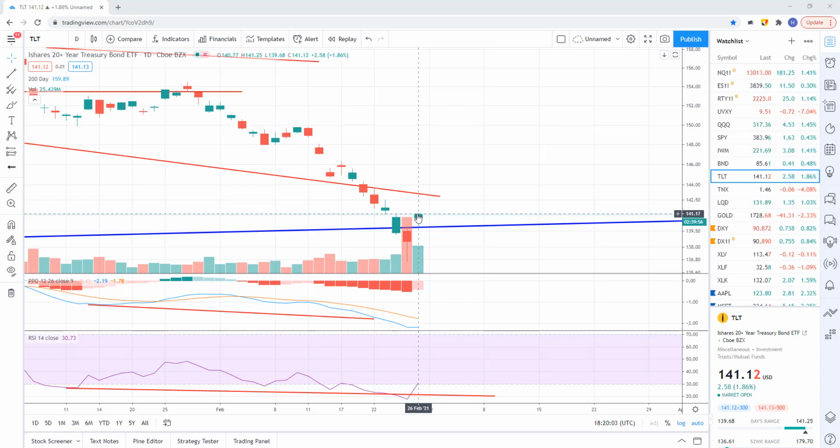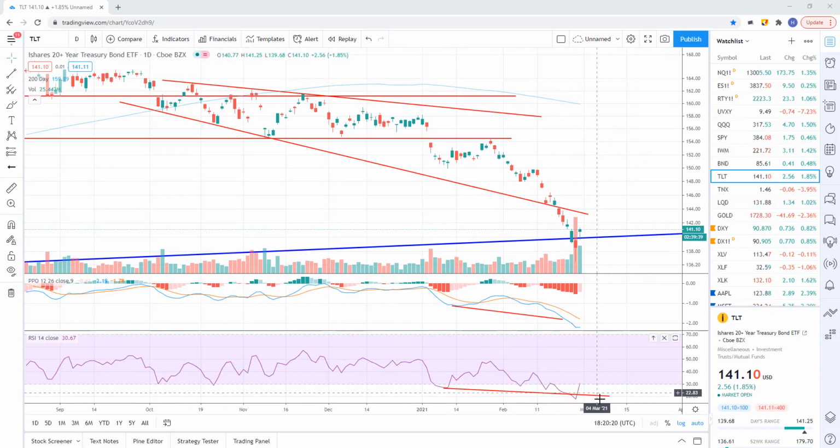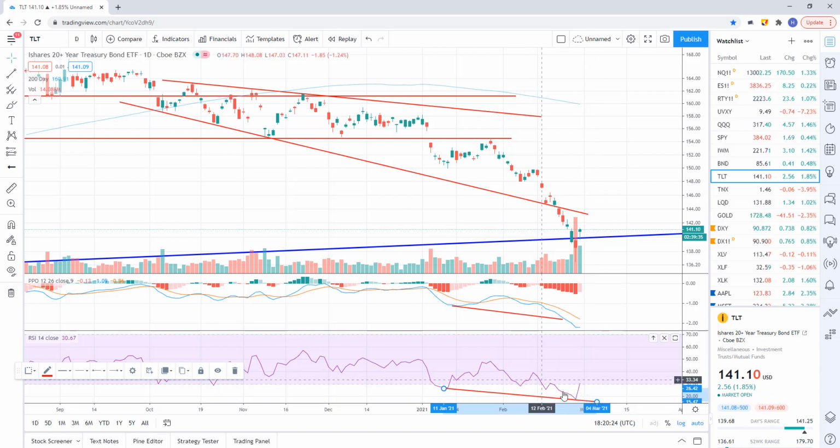But if bonds are going to hold in this area and stabilize, the markets will reprice lower and then they'll stabilize. So something to take note of. It's important to watch this yield here to see where we go. If the bonds continue to sell off and drop lower, which they very well could, because we don't have bullish divergence or anything in this TLT. You can see just negative momentum,